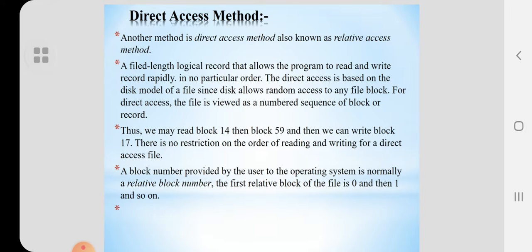In direct file access, records are accessed directly by the physical addresses of the location at which the records are stored on the disk. And thus we may read block 14, block 0, block 2 and so on, and these blocks maintain the information regarding our file.